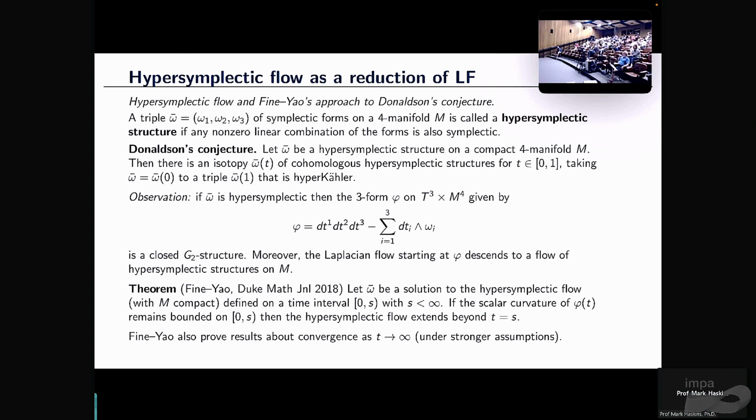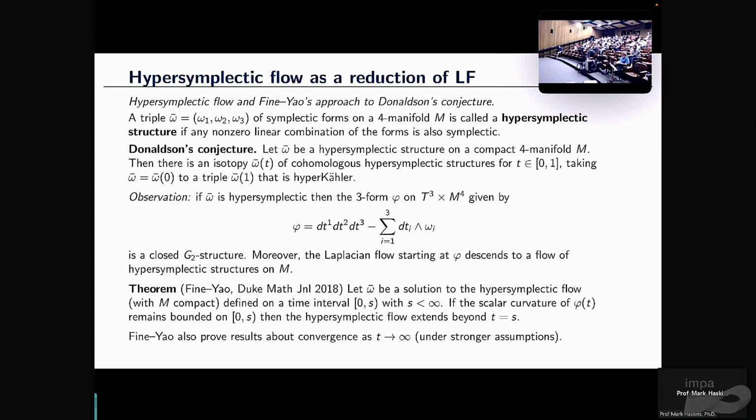And they also have some results about convergence as t goes to infinity, but with considerably stronger assumptions. So the nature of the proof of this is to use these results about possible finite time singularity models. So the Gao-Chen work applies. In this case, it shows that a singularity model that you would pick up would actually be a torsion-free G2 structure. The symmetry, the T3 symmetry, will actually force us to be,